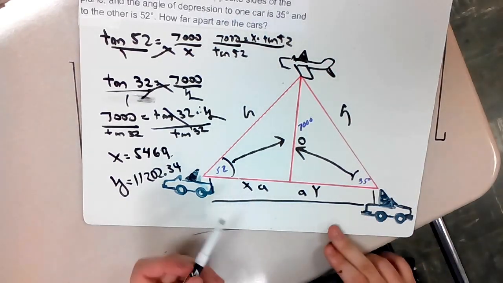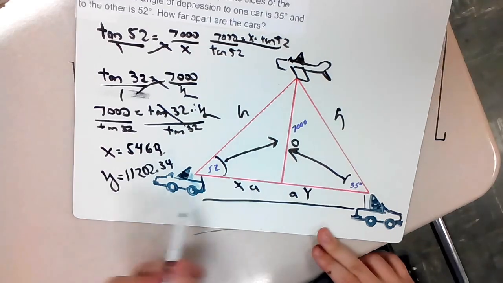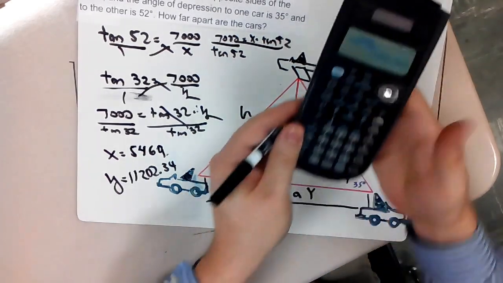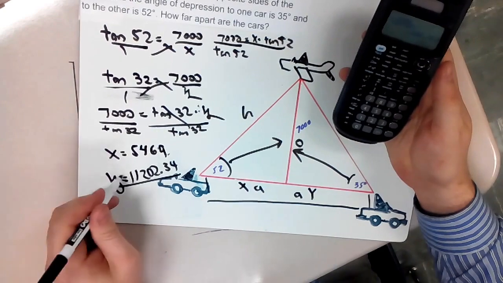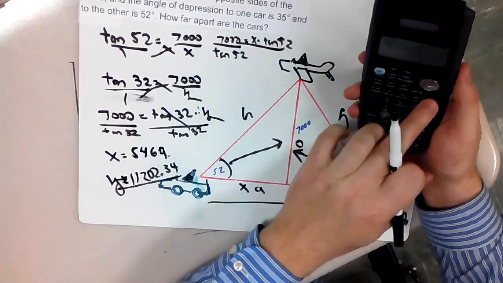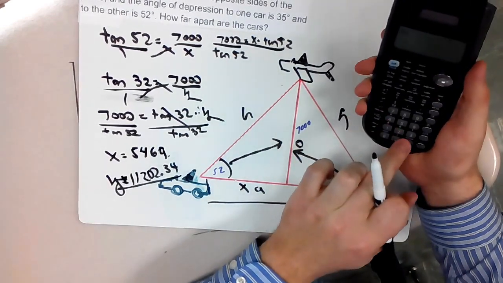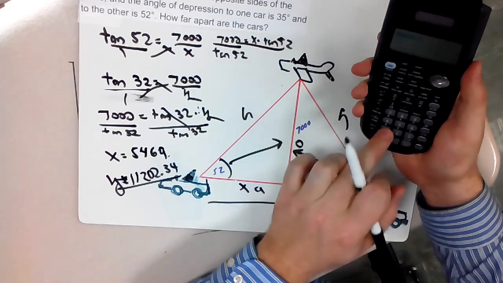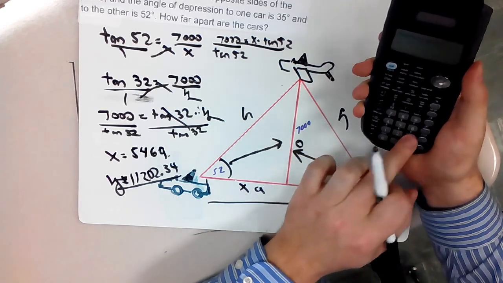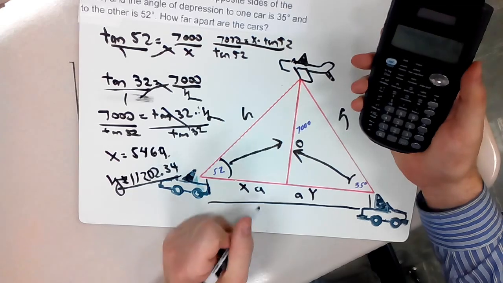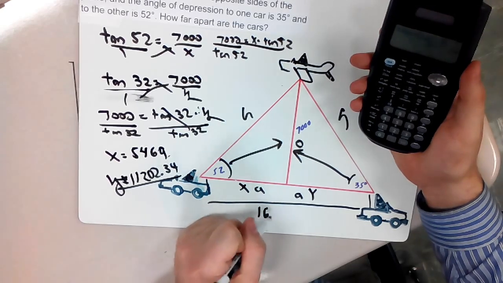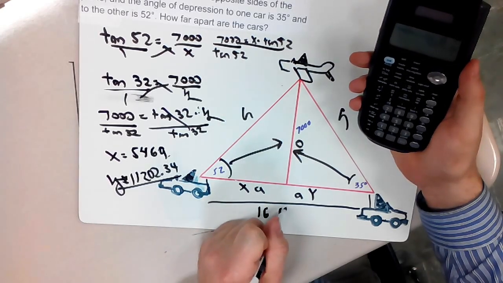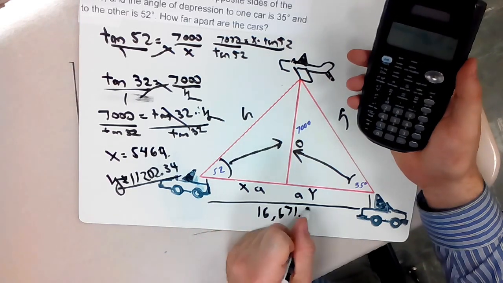Then either adding it or subtracting it. And in this case, we're going to be adding them together because we want this. So I'm going to take these two and add them together. So 5469 plus 11202.34. And I got 16,671.34